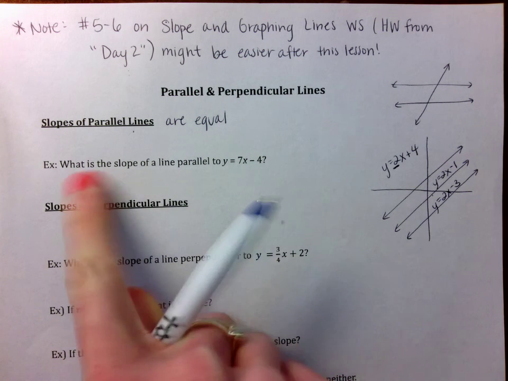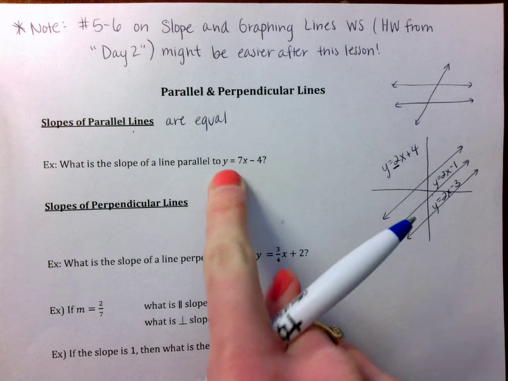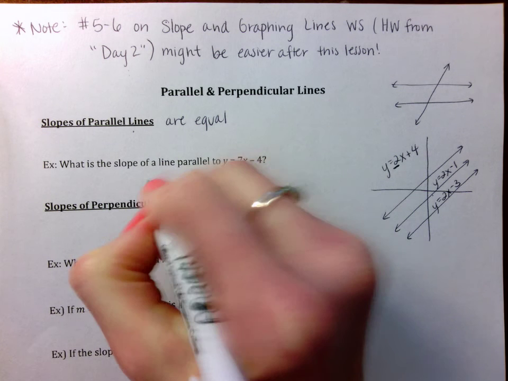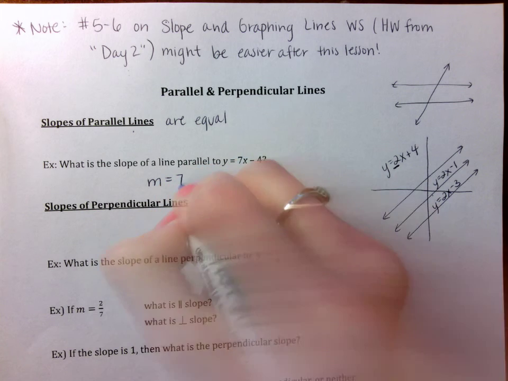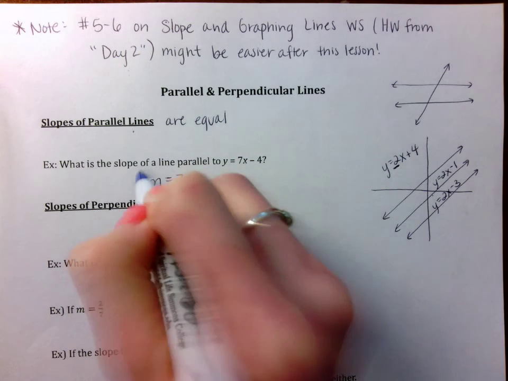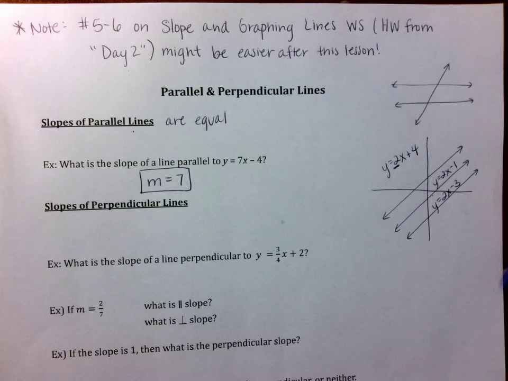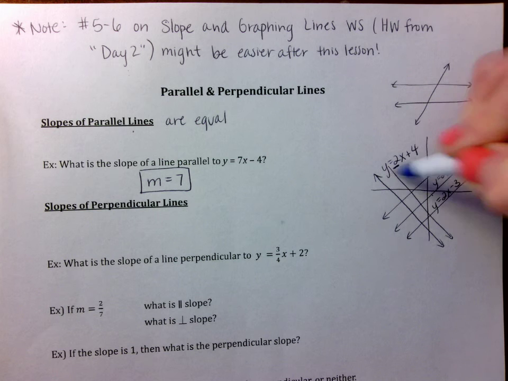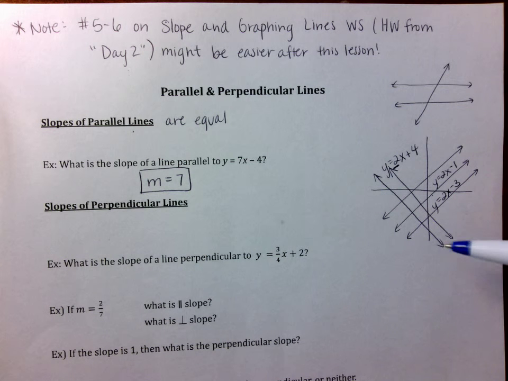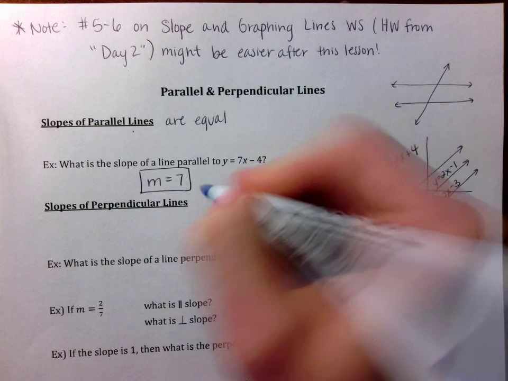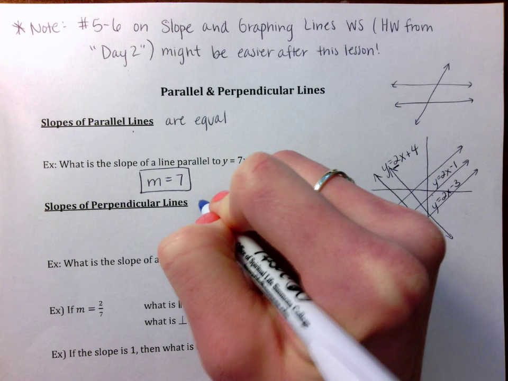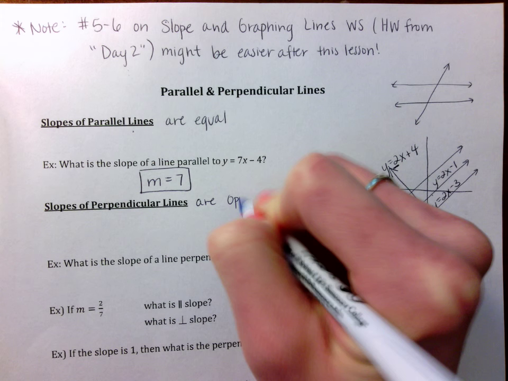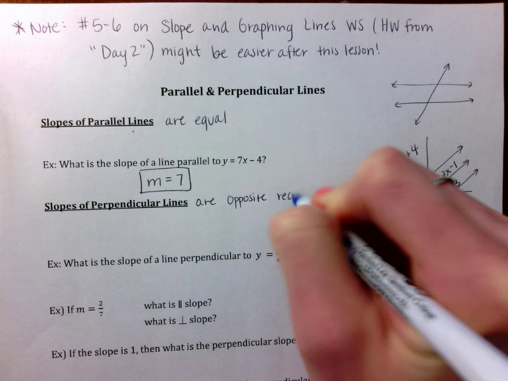So the slope of a line parallel to this line, y equals 7x plus 4, the slope, which we represent by m, would also be 7. So that's a pretty simple problem. Conversely, there would be an infinite number of perpendicular lines to these as well, and they would have the exact opposite reciprocal slopes. So slopes of perpendicular lines are opposite reciprocal,